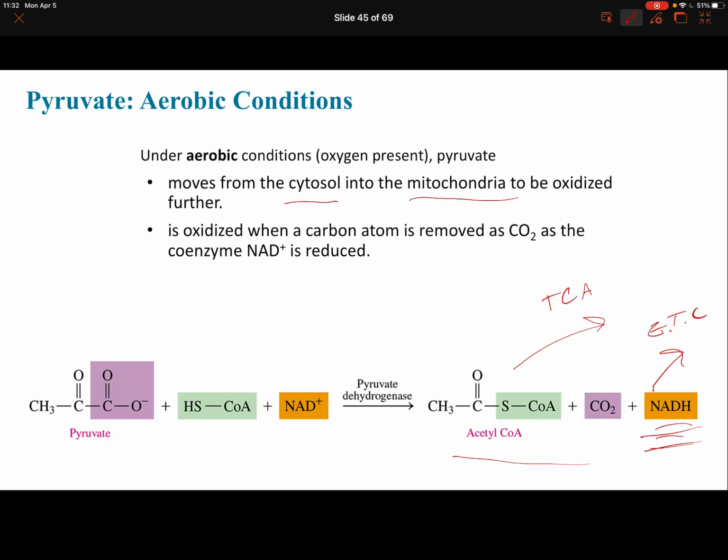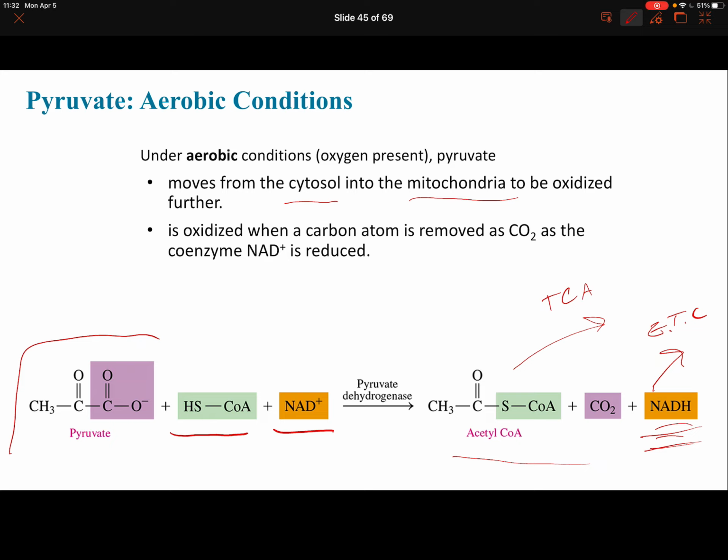So pyruvate gets oxidized when the carbon atom is removed as CO2 and coenzyme NAD is reduced. And so this is an additional step, right? This is what happens to pyruvate after we've exited glycolysis. So another coenzyme A, actually the first coenzyme A, and another NAD+. So later, when we are adding up all of the NADHs that were formed,